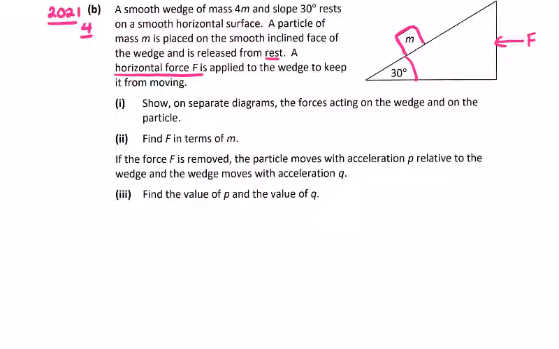And we're asked to show in separate diagrams the forces acting on the wedge and the particle. Okay, let's see what's happening here. So the wedge is not moving, so we have this mg coming down, mass of m, so we have mg, and it's a force R between the particle and the wedge. That force R will come down this way, and we have the wedge itself